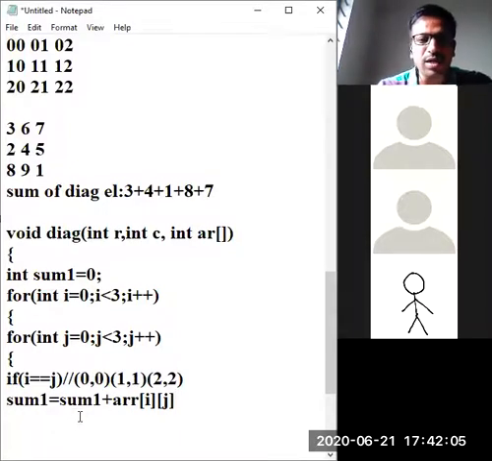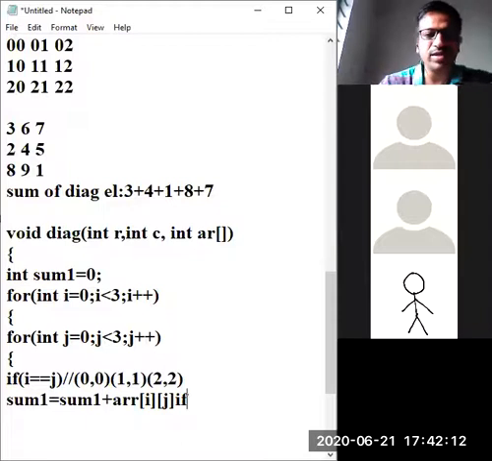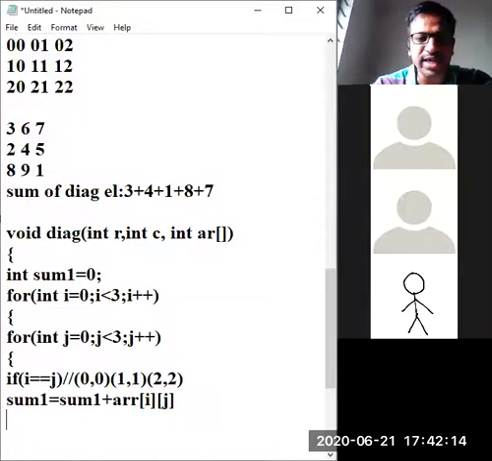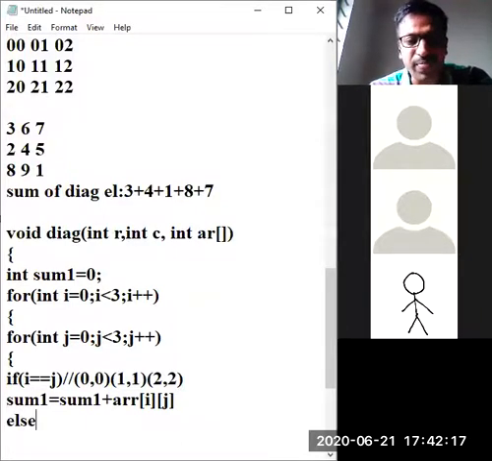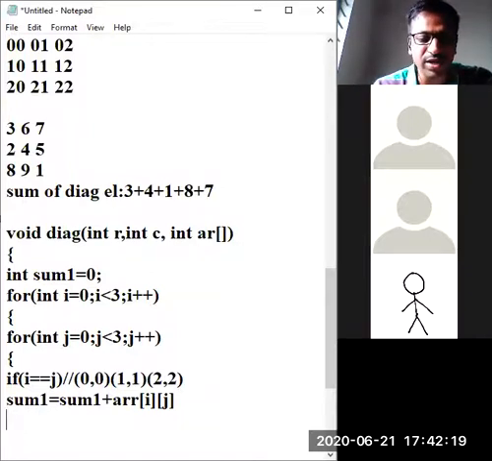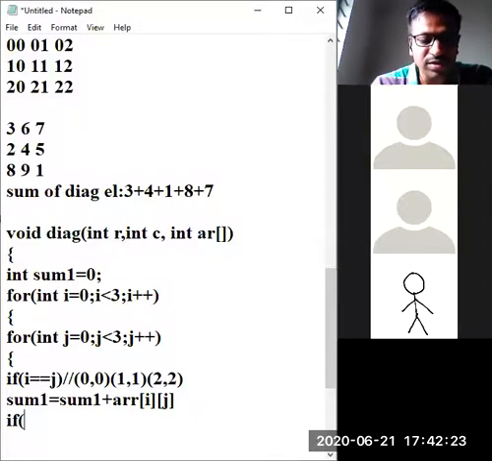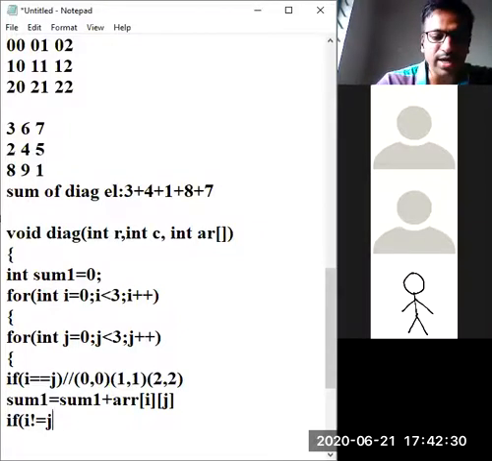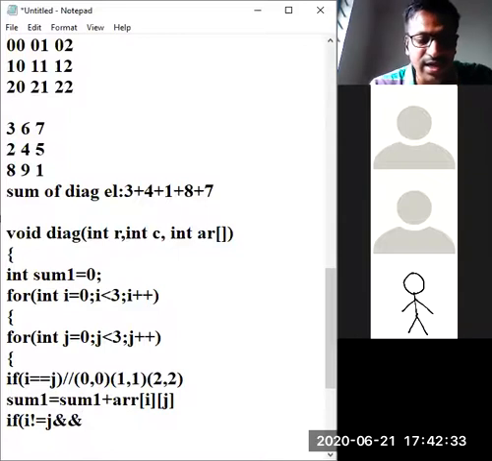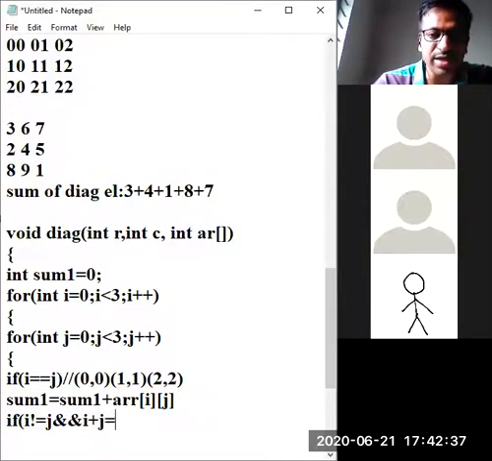True. Now, shall I start with else or another if condition, you are saying? If i is not equal to j and i plus j is equal to 2, double equals 2.